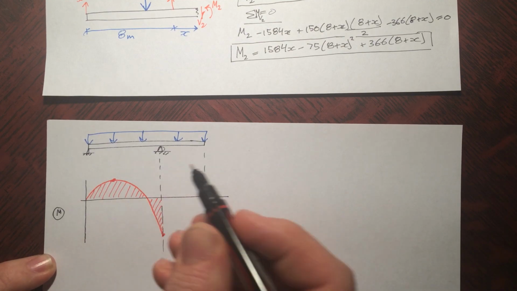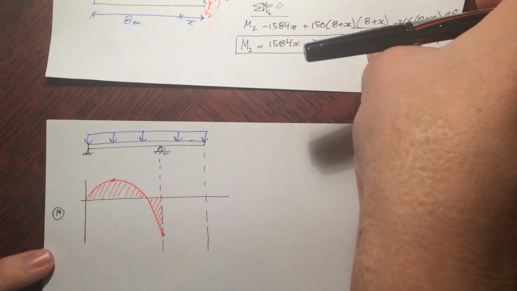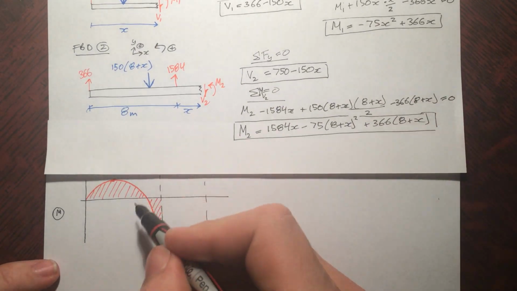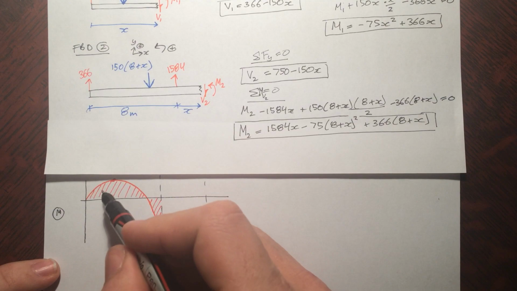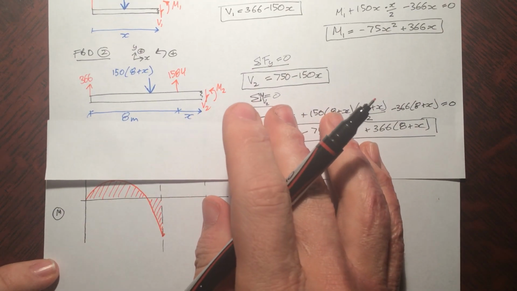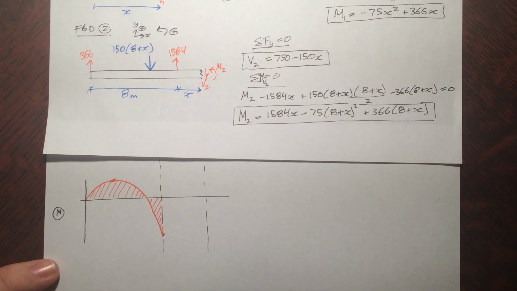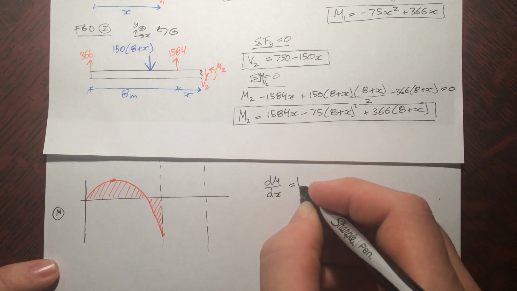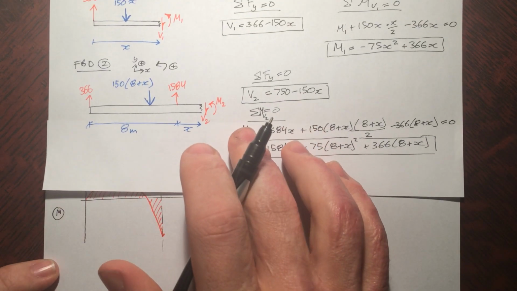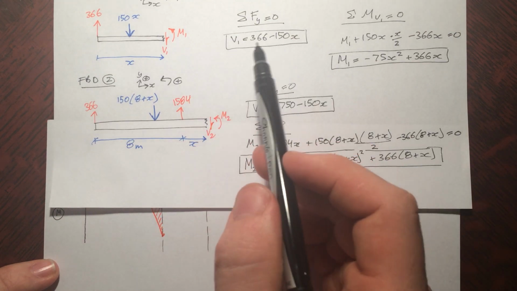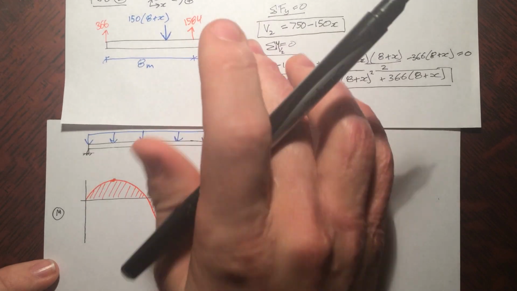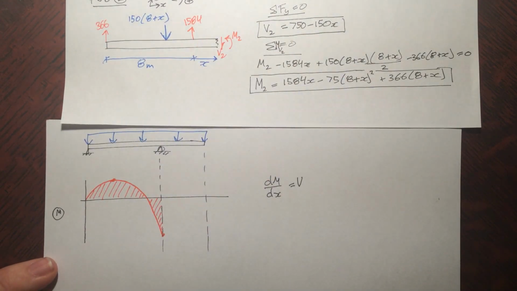Alright, and right at the top here is the maximum value. And you can find the location of the maximum value by taking the derivative of this, setting it to 0, and solving for where that occurs on x. And if you remember, the derivative of m with respect to x is v. So if we just take a look at v1 and solve this where it equals 0, so 0.366 divided by 150, we find that the position at which this occurs